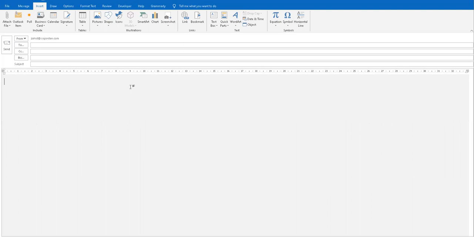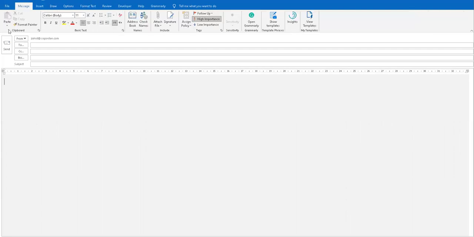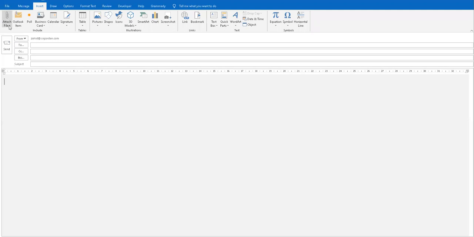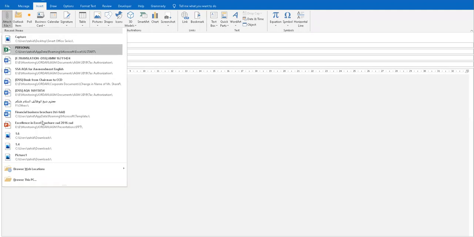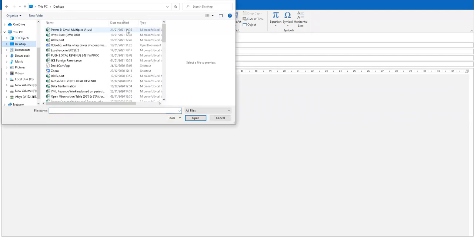And the second thing that most of the people require is that some say that we want to send some attachments. There are two types of attachment. One is the attached file. Say that I put it over here. First I will check it is HTML. Okay, and then I will go over here, take it, browse my PC and go to the desktop.